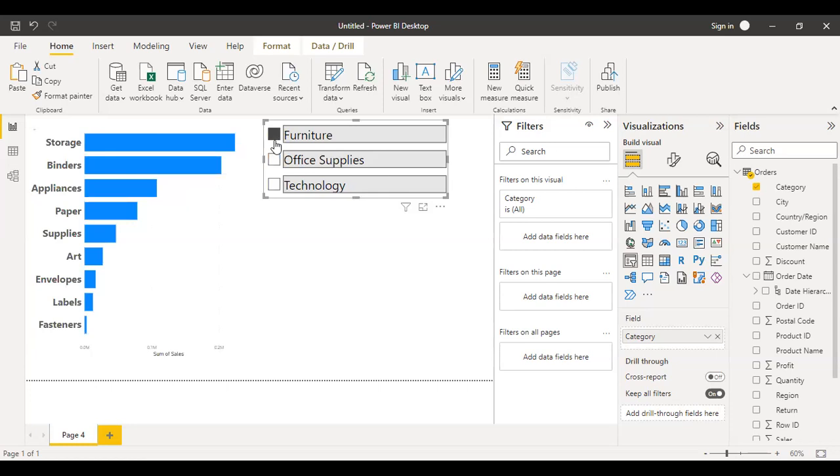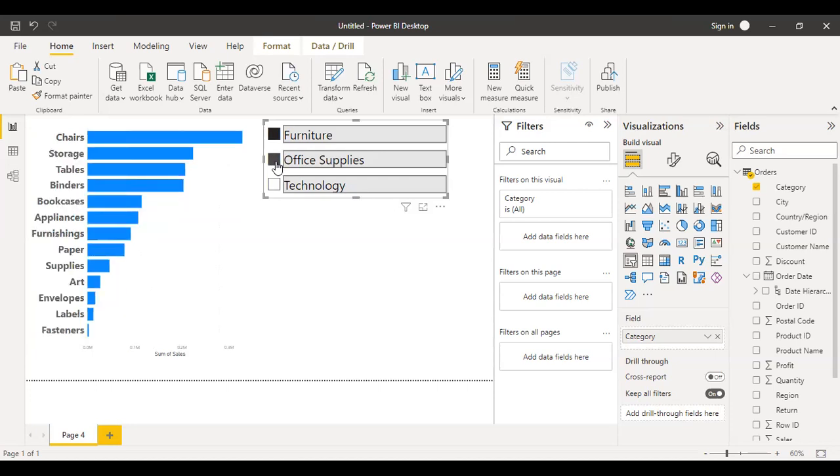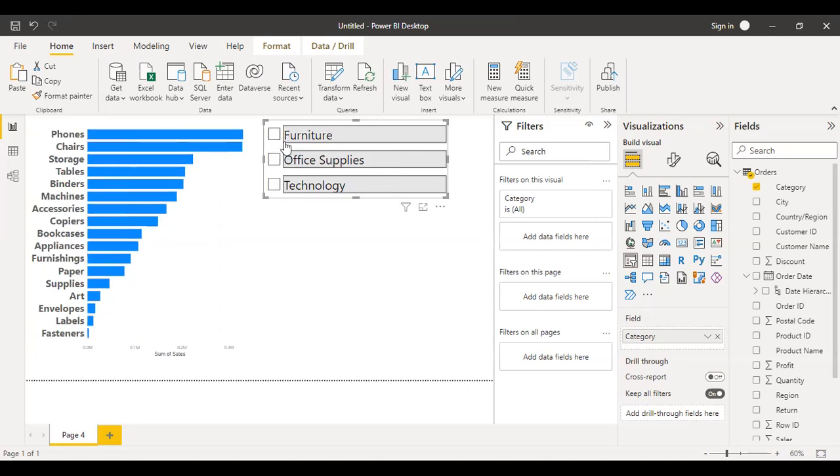Are you able to select more than one? No. How to select more than one? Control click. Clear? Okay. Next, if you want to remove this control option, come to format,